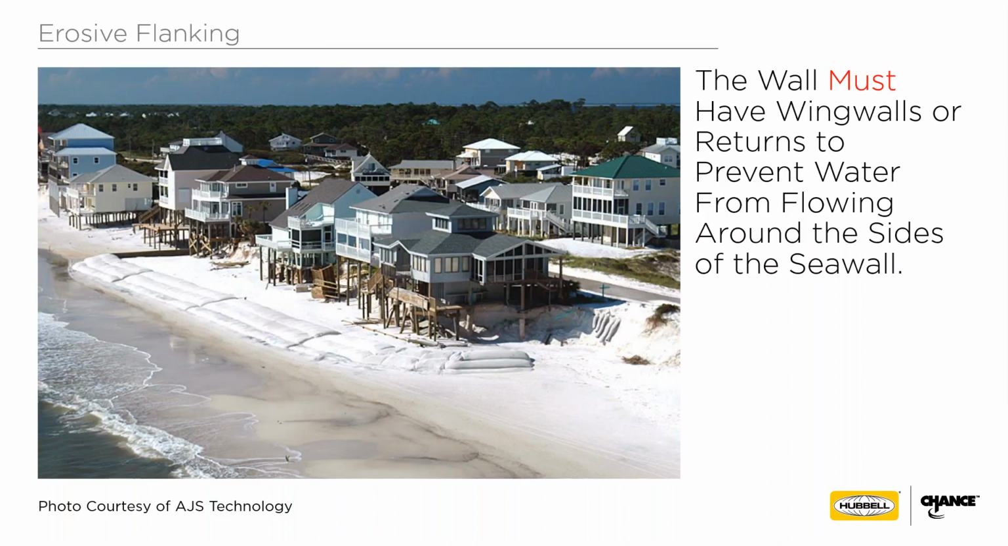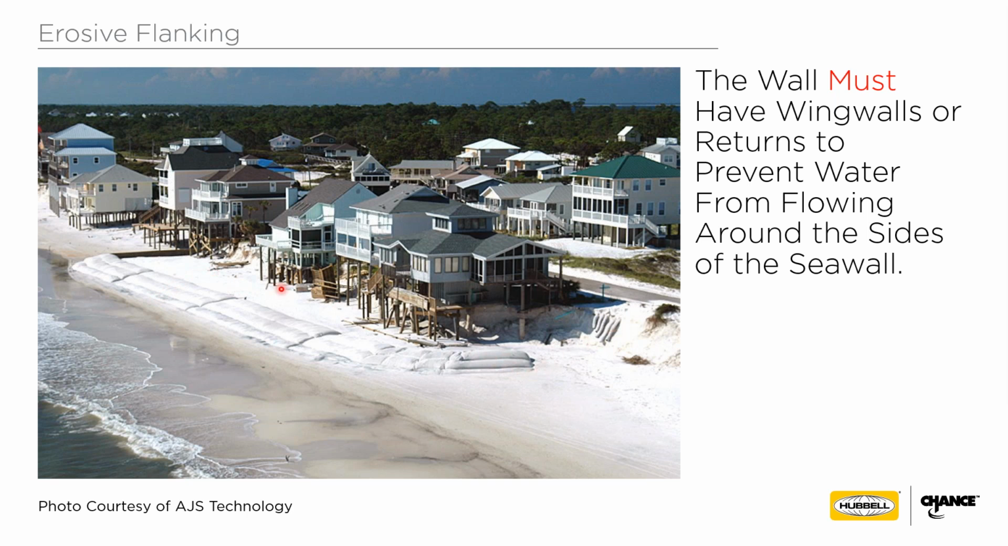So here you can see it's an example of both the wall not being tall enough and flanking. You can see these 4 homes got together after Ivan and built a gravity wall. These are socks that are filled with sand. And you see on the left side of the wall, it was returned back up underneath this structure, and it didn't get flanked here. But it got overtopped,